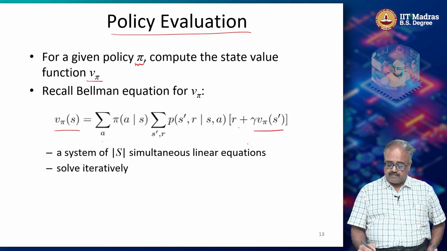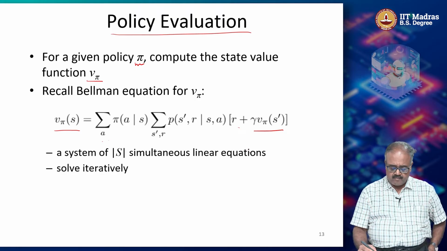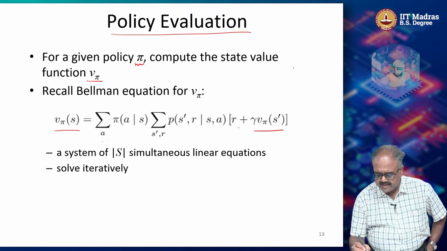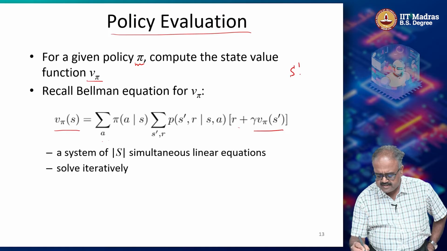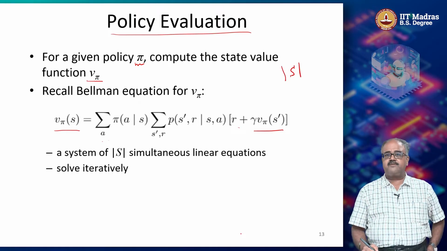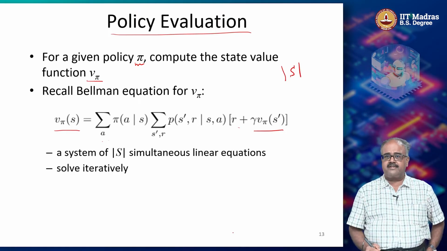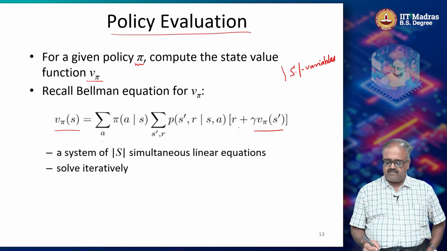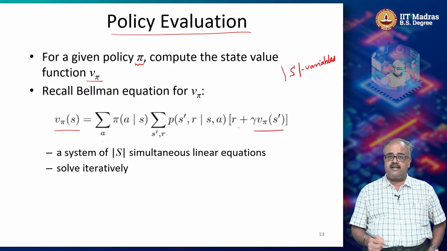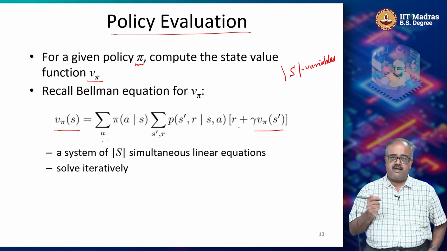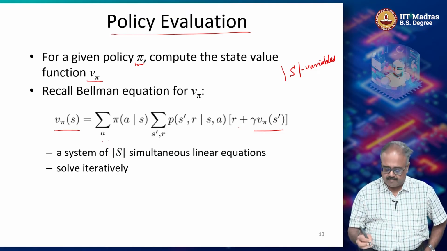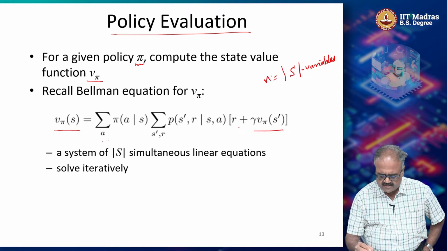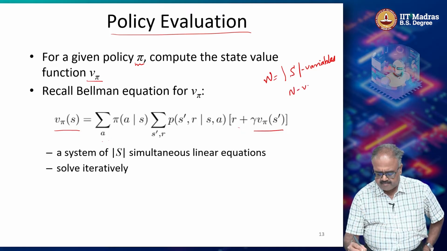So now if you think of it, let's say the size of my state space is denoted by that symbol, right? So that's the size of S, and I'll have that many variables, right? So I have 1 v pi of s for each s in capital S. So I have size of S number of variables. Let's, for convenience, say this is n. So I have n variables,